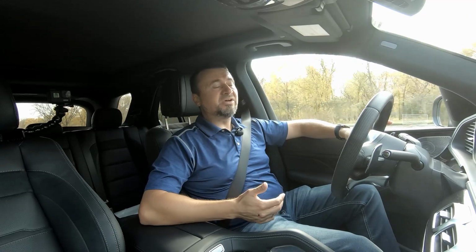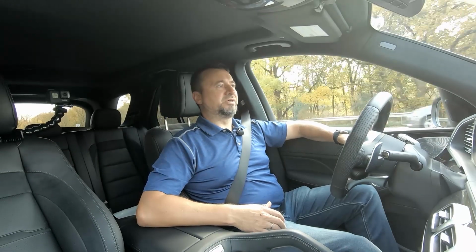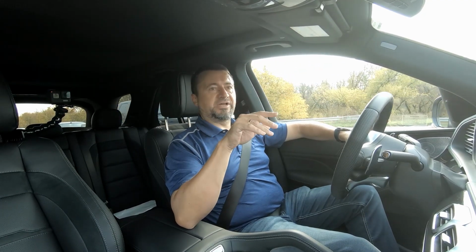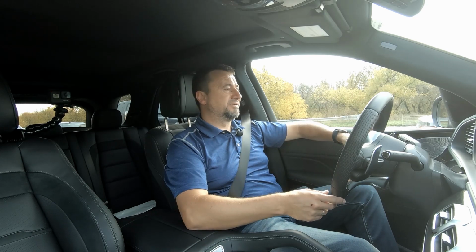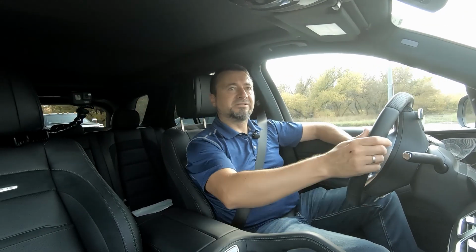You know, when driving this car, it really doesn't feel like it's got all that performance. Probably from a distance, it doesn't really look any different than a vehicle that doesn't have so much power. But it certainly does. If you put it in the race mode, we're going to try to find a spot where I can actually stop on the road and floor it to see how fast this vehicle is. But in general, I love it. I mean, it's a car that can do it all. You can take it to a restaurant, you can